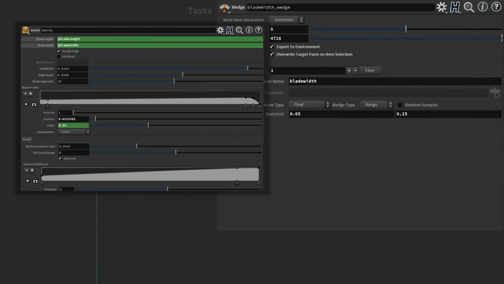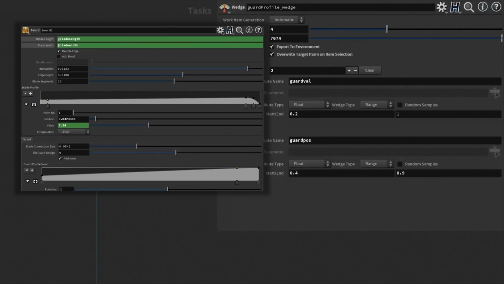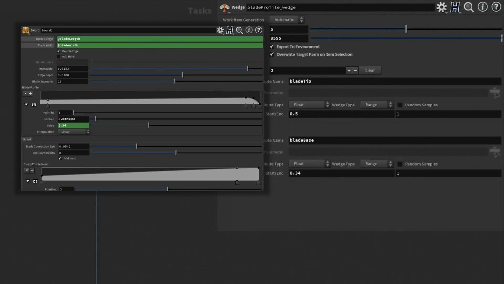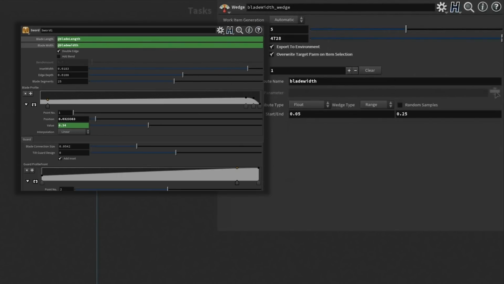So in this case, we're no longer pointing. This is another new thing with the new wedging. Before, you would navigate to that spot in your network, but now you can actually just set the attributes, and you name the attribute whatever you want. In this case, it's grip length or blade length. And now that attribute is being exported into your environment, so you use it just with an at syntax, just like you would some VEX variables